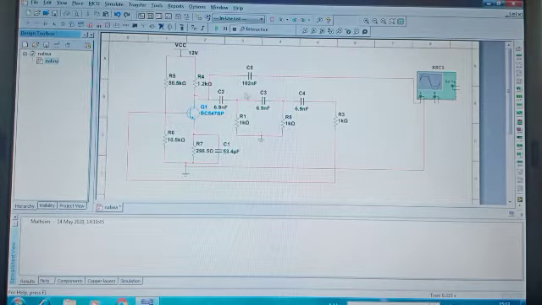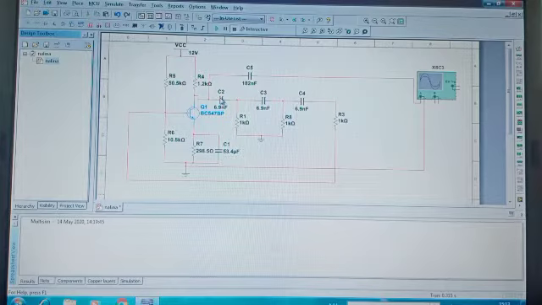Here the phase shift oscillator will give a 180-degree phase shift at the oscillation frequency, given positive feedback. If you see here, this section will give a 60-degree phase shift, this again will give 120, and again it will give a 180-degree phase shift.